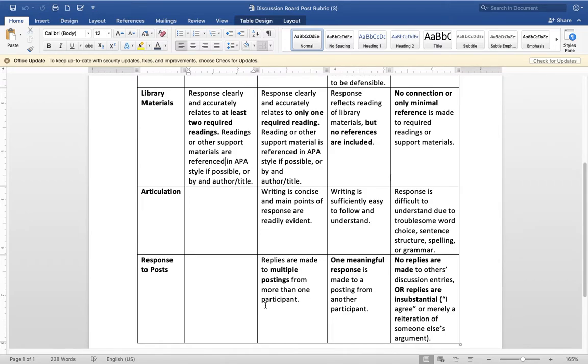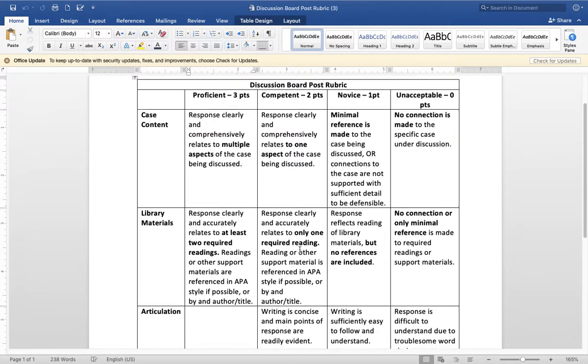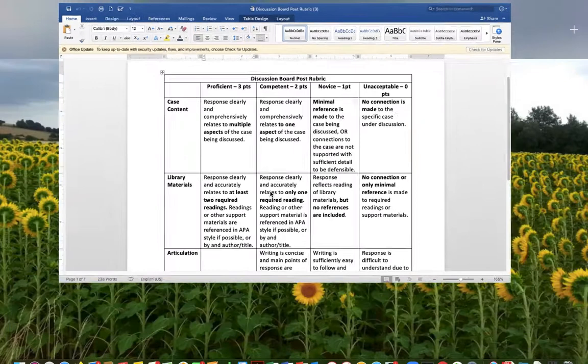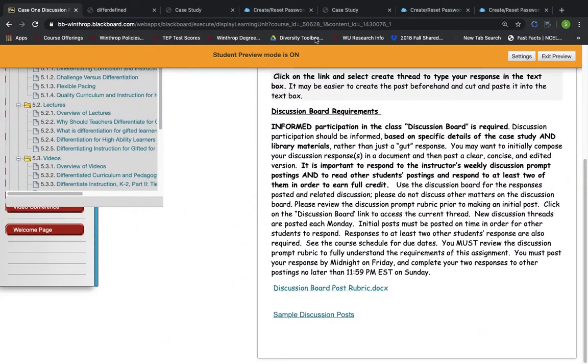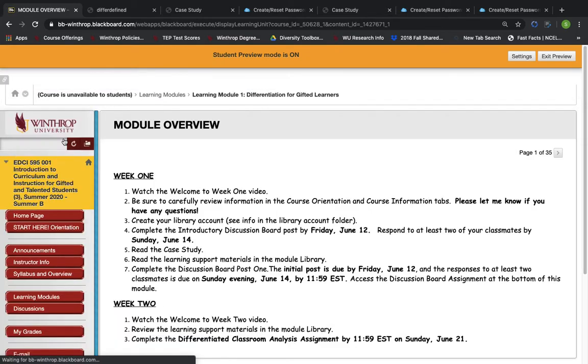And lastly, remember that you're required to respond to your classmates. So by the end of the week, that Sunday, you should respond to multiple postings, so at least 2 in order to earn those full points. This discussion board post rubric is the same throughout the semester, so you could just go ahead and save it if you'd like. Okay, so I'm going to navigate back to my Blackboard page, and let's just check my module